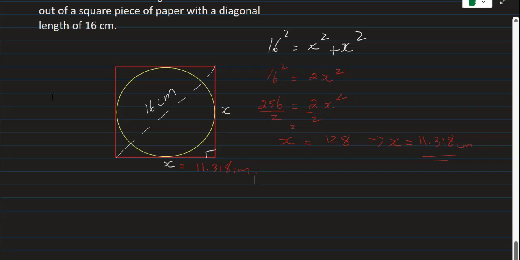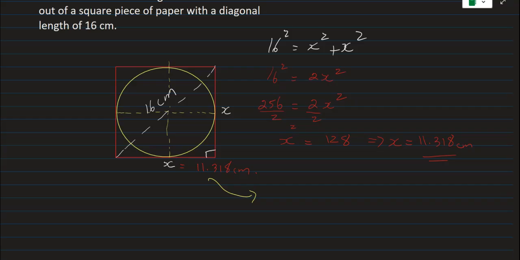Now notice that the length of the side of this square, doesn't matter vertical or horizontal, is actually the length of the diameter of this circle. So this is the length of the diameter right across this way, or you can go vertically, doesn't matter. That means the side of this square will end up being the diameter. That means 11.318 is the diameter,